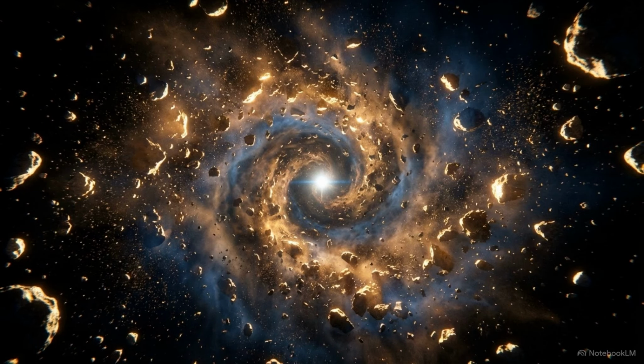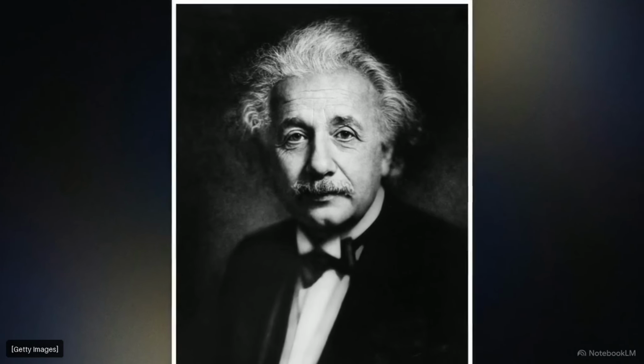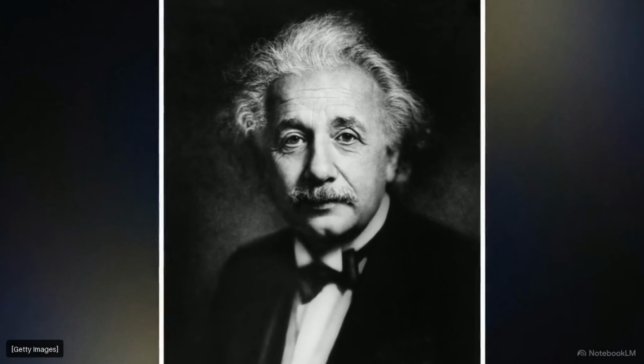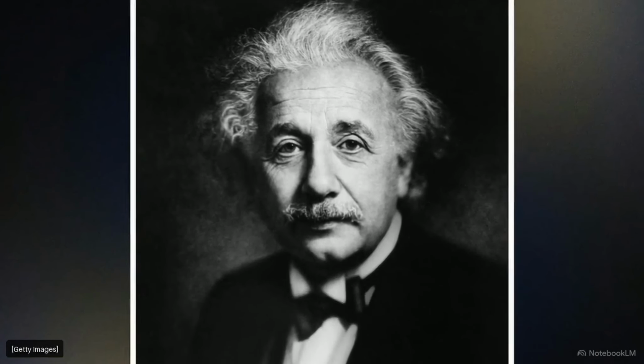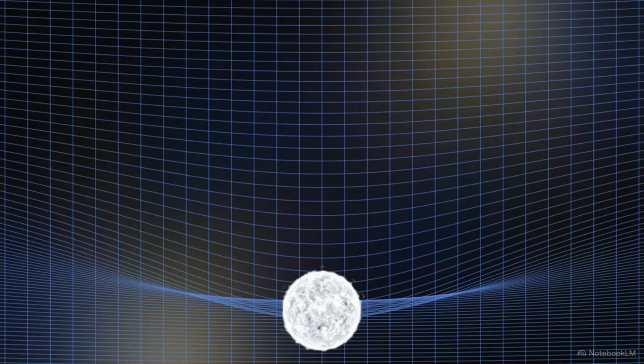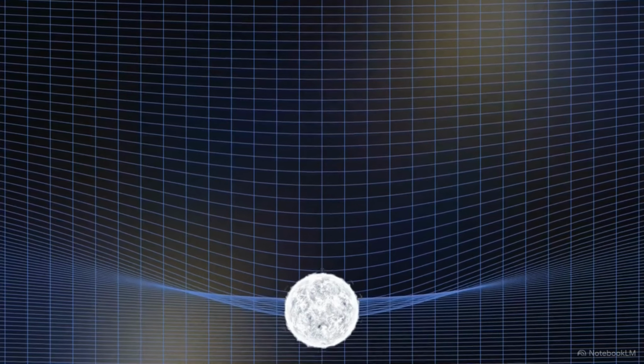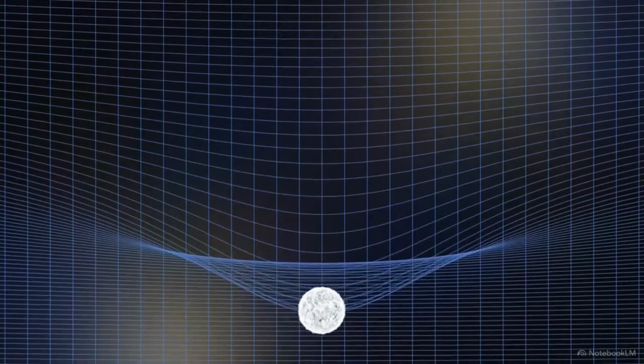This total disintegration of physical matter is merely the preamble to a deeper, logic-breaking mystery residing at the absolute center. This photograph shows Albert Einstein, whose general theory of relativity provided the first classical description of what might exist at a black hole's core. This animation illustrates the concept of a singularity. According to classical math, a massive star collapses into a point of zero volume and infinite density, creating a spot where the dimensions of space and time essentially cease to exist.